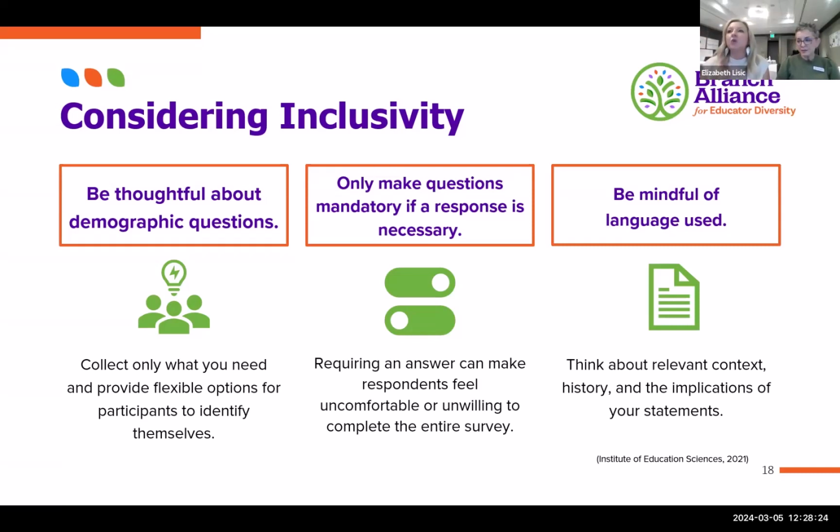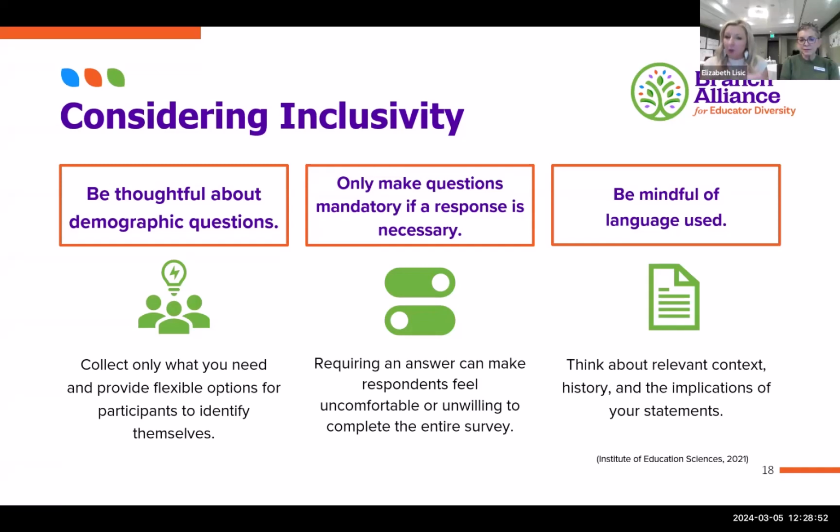And so, when we're thinking about inclusivity, I think it's important to only collect what we actually need and to provide some flexible options for our participants when we're asking them to identify themselves within our survey, right? So either leaving open response or providing multiple responses for our respondents can really create a space within our survey that is more inclusive.